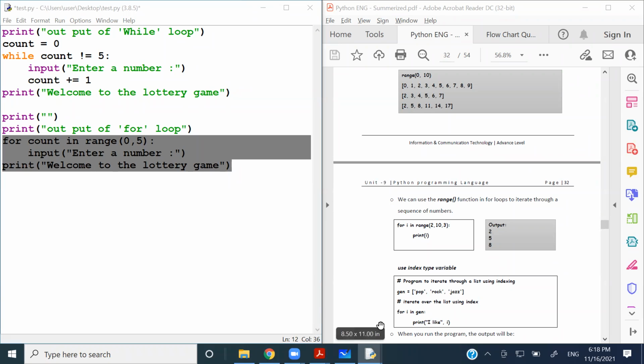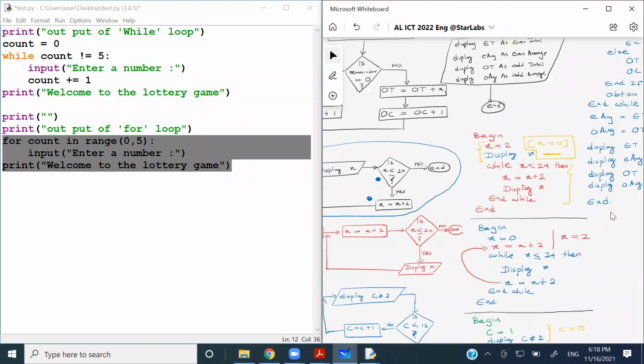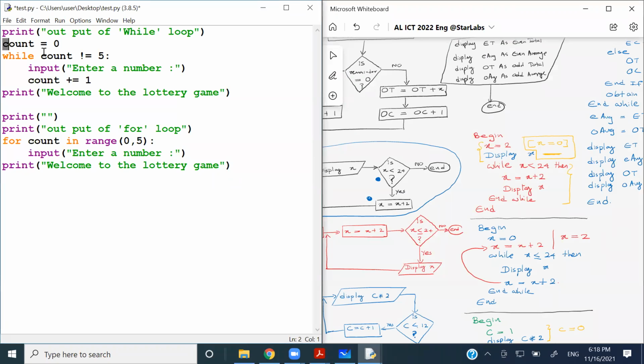Now how are we going to write this? This is going to be a pretty easy thing. Right, so earlier